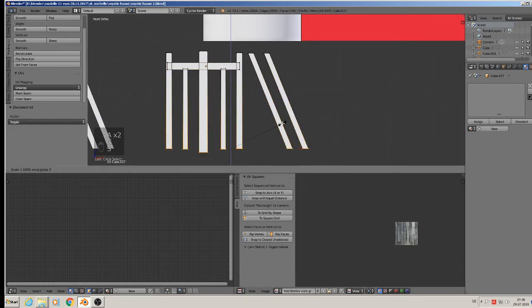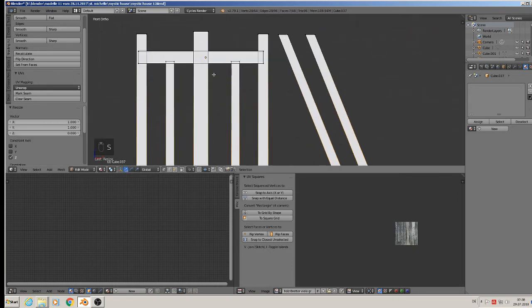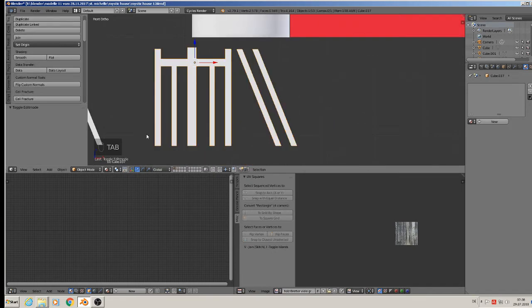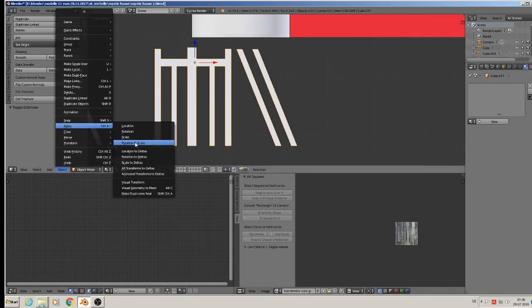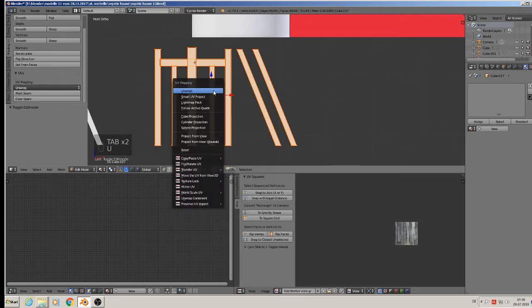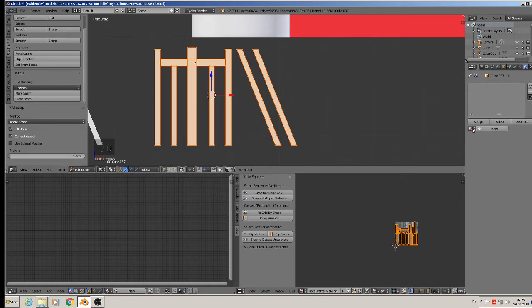So scale set 0 to get them all at the same height there, and then it's simply the same as the other ones. We take them all, mark seam, object, apply the rotation scale of it, you unwrap it